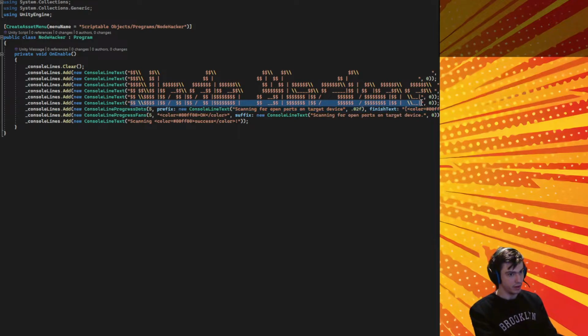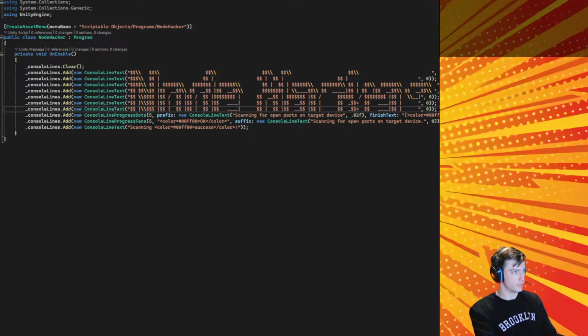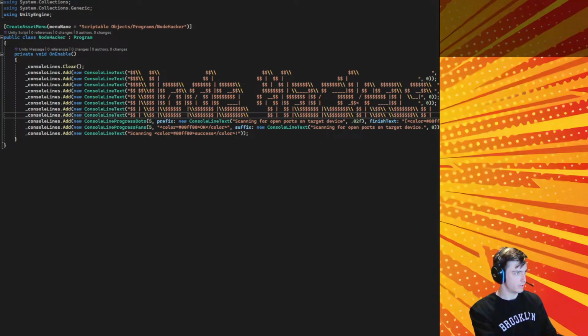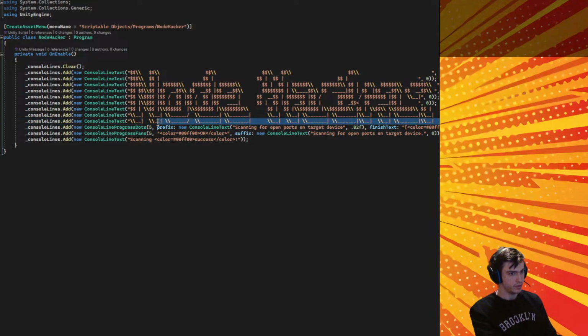And I put the character type speed to 0 just so it immediately prints it instead of writing it out character per character. Then just an empty line, and then we'll just do